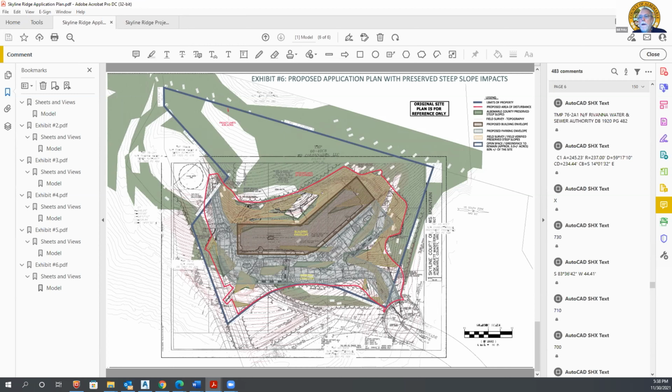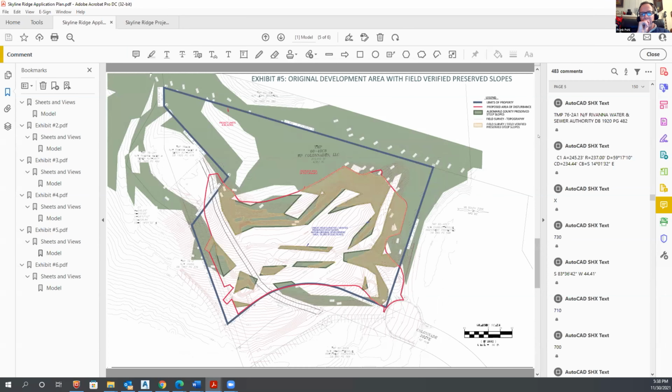A lot of that information's in the applicant's packet. That was something we asked for and the applicant provided, and so we're reviewing. So that information has already been determined. They're showing that in here with the difference, the orange areas. I think, Scott, you spoke to this, are actually surveyed critical slopes or preserved or steep slopes. Surveyed 25% or greater. And then the green areas within that red envelope, I believe, correct me if I'm wrong, are not actually 25% or greater, is that correct? Okay. So there's your overlay, Julian.